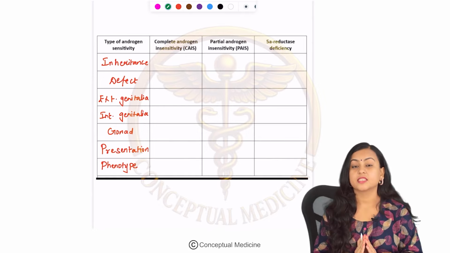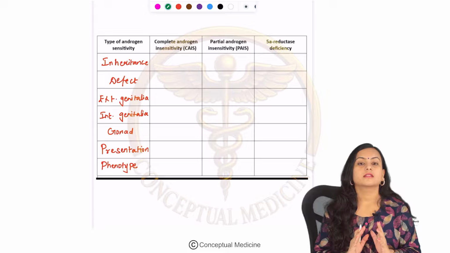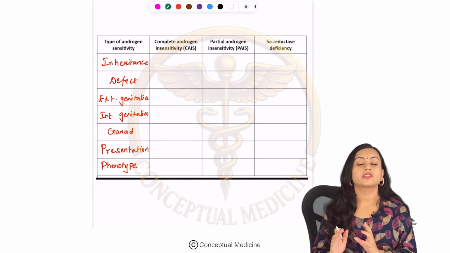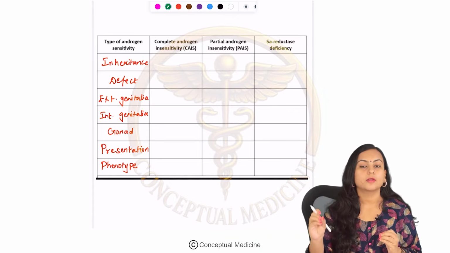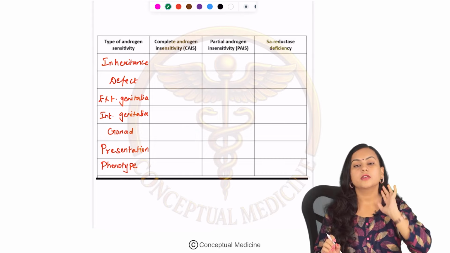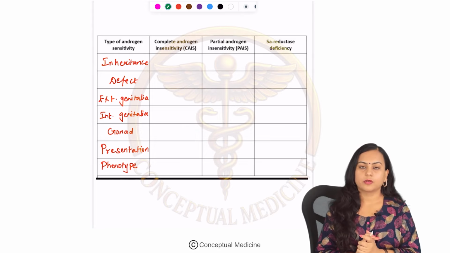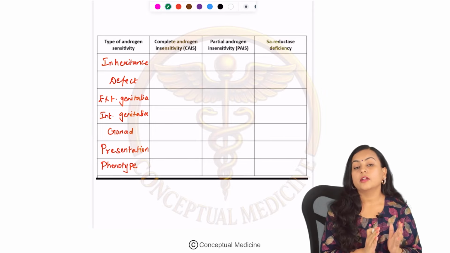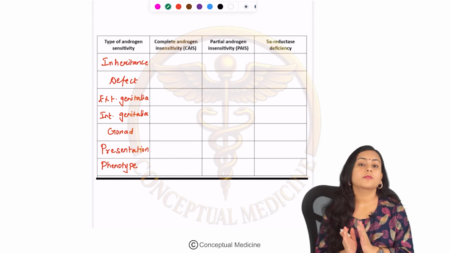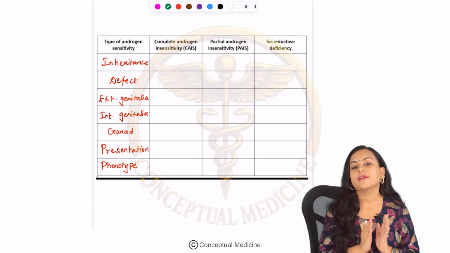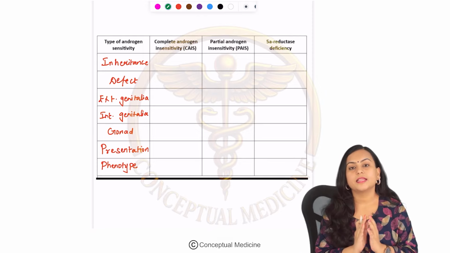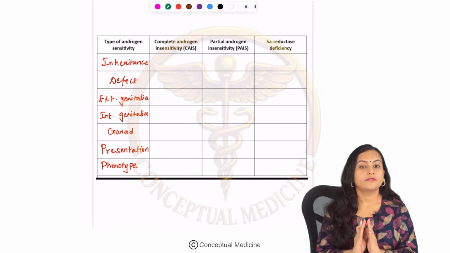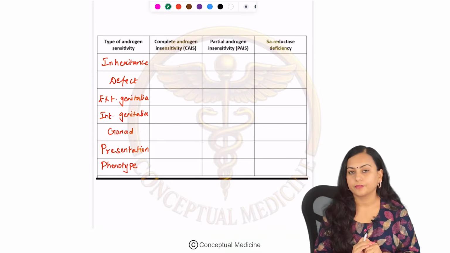See, complete androgen insensitivity syndrome is a syndrome where there is going to be defect in the androgen receptor. Okay, so the androgen hormone will be produced somewhere and it has to go and act on a particular receptor to produce its effects. Okay, so that receptor itself is absent. Or otherwise, a hormone called dihydrotestosterone, which is being produced from the hormone testosterone by 5-alpha reductase, is responsible for the complete external male genitalia differentiation. Suppose if this hormone is going to be absent, then also the phenotype is going to differ, right?